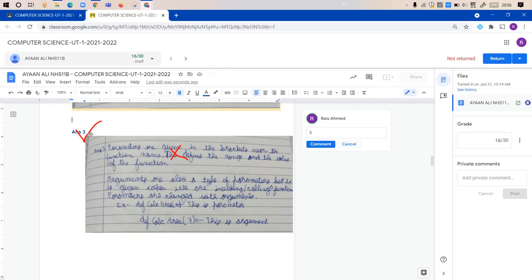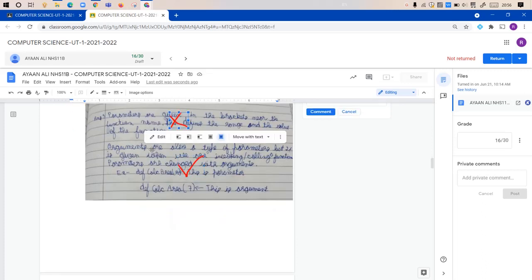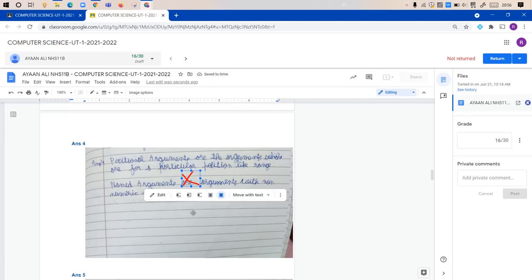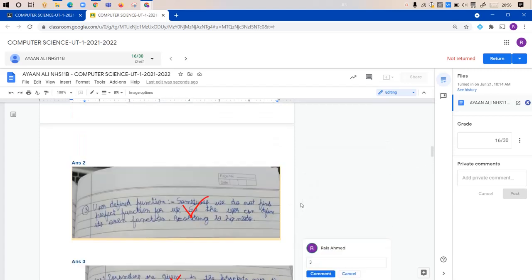And you don't need to apply in front of text option again because it is already applied. So I'll just drag and place the tick mark. I want to cross some other section, I'll select this cross, Ctrl C to copy. I'll place my cursor anywhere in the document so that the cursor is visible, and Ctrl V for paste, and I'll drag this cross on the answer which I want to cut. And you can give the marks in the comment section. So this is the second method of checking the answer sheets of the child.